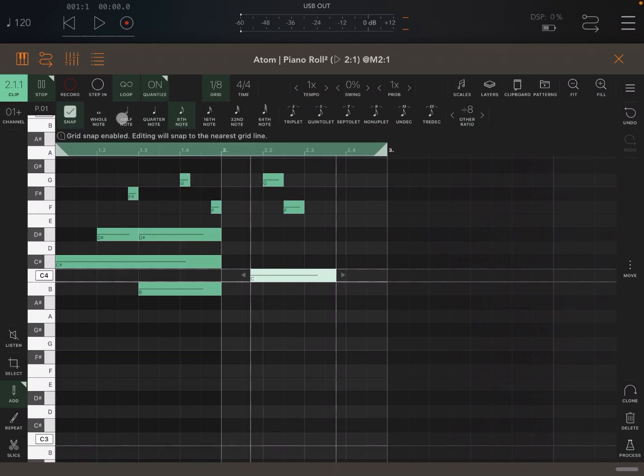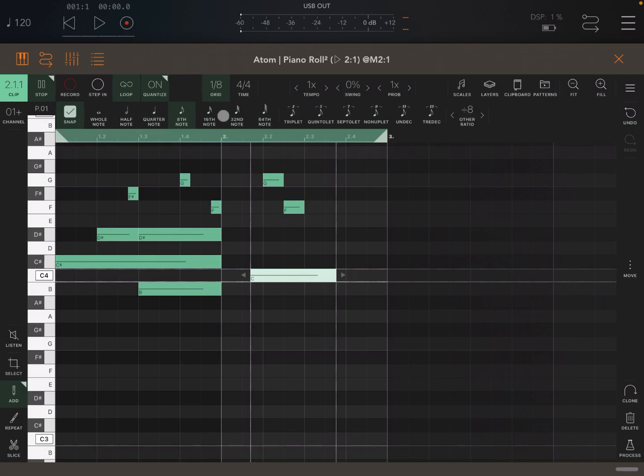Beyond the, I would call, template of notes, you can set triplets. So, for example, if you select 16th note, and you click here on triplets, you will have 16th triplets set for the grid, and also for snap if snap is activated. You can see here that there are 16th notes under the triplets, the same on the other option here. If you select 8th note, you can see the picture of the note under the triplet is changing as well. I'm not sure if I'm pronouncing it correctly, but you can have triplet, you can have quintuplet,